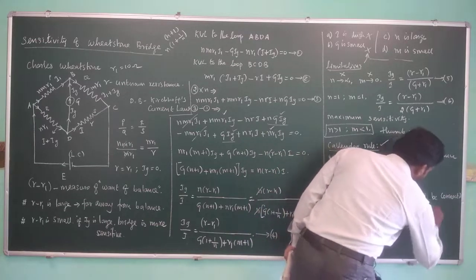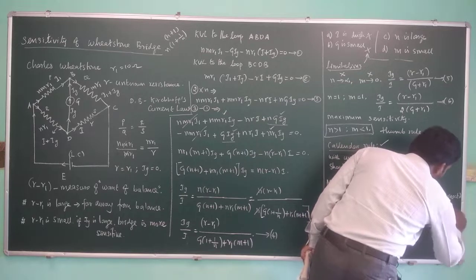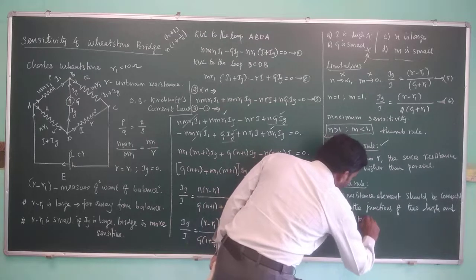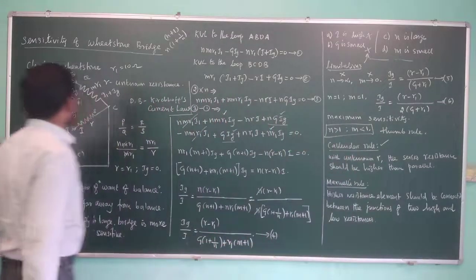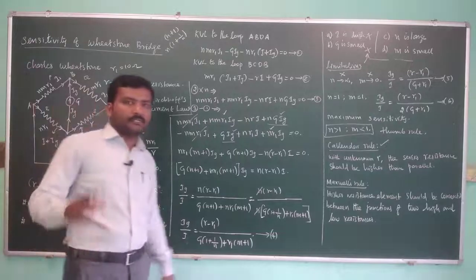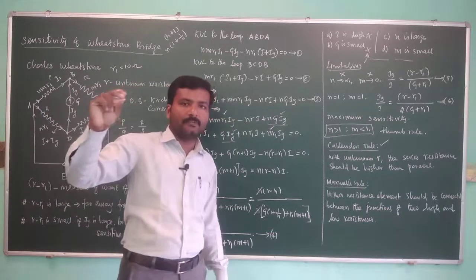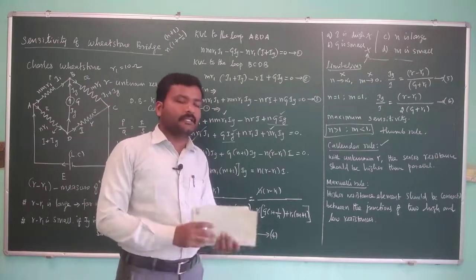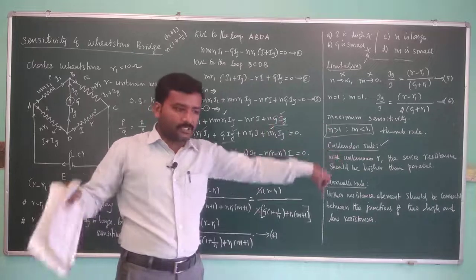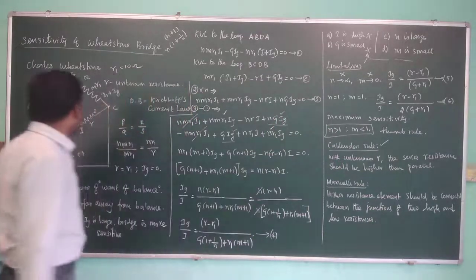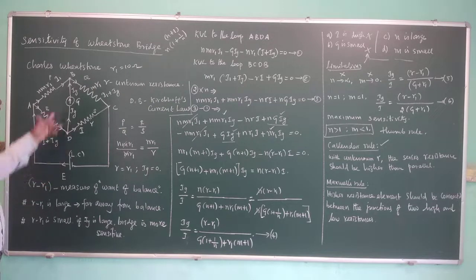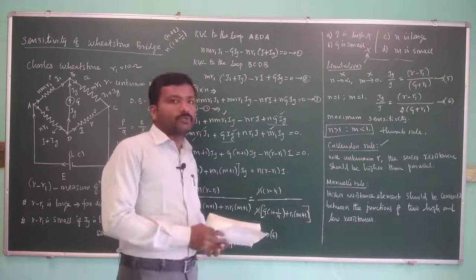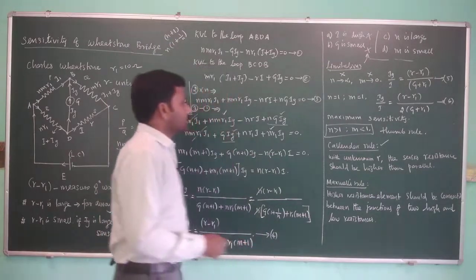of two high and low resistances. Right? So there is a set of 4 resistances, among which there will be 2 high resistances meeting at a point that is called a junction. There will be another two resistors which are having a lower resistance that also will meet at another junction. Between these two junctions, we have to connect the component, either a battery or the galvanometer, whose resistance is high. So that is the Maxwell rule in order to get the maximum sensitivity of the Wheatstone bridge.